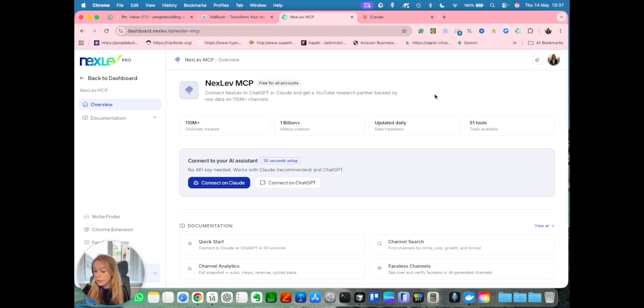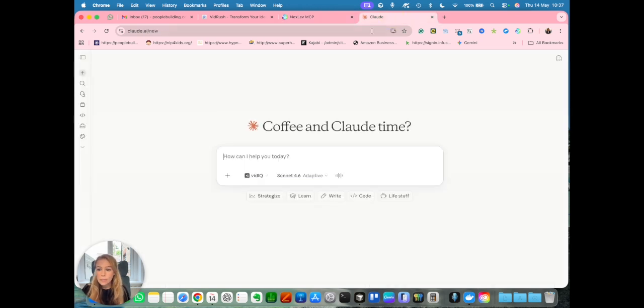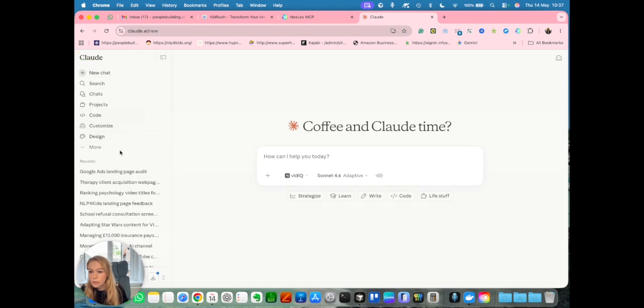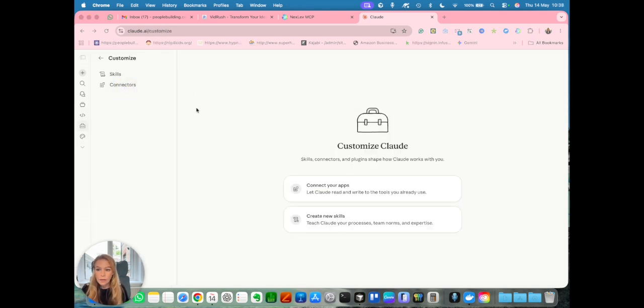And the very first thing we're going to do is we're going over to skills and connectors in Claude. So let me find that over here. Hang on, my little toolbar there is in the wrong place. Where's my sidebar? Here we go. Right, let me just see where I need to be. Okay, got it. So it's in the customize section, and then we are going to go to connectors,